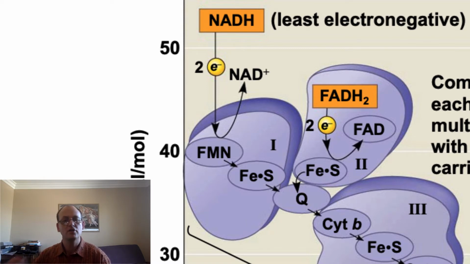The electron transport chain continues like this, with each subsequent molecule being reduced when it accepts an electron, and then being oxidized when it gives the electron up to the adjacent molecule, which is more electronegative. Notice here that FADH2 dumps its electrons into protein complex 2 rather than complex 1 like NADH. FADH2 has slightly less free energy available to it compared to NADH, and so those electrons do less proton pumping.